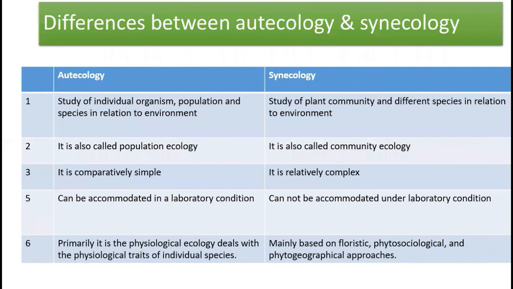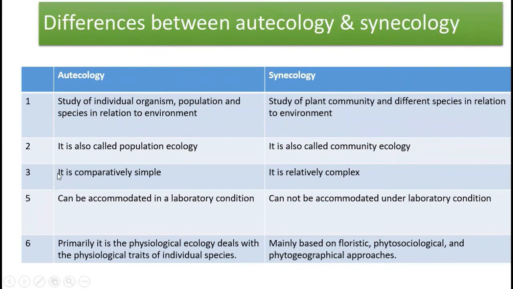আচ্ছা, এখন আসি আমরা autecology আর synecology এর মধ্যে পার্থক্য। Autecology হলো একটা same species এর different plant population এর মধ্যে যে environmental relation থাকে, that interaction with the environment. The plants of a single species, that ecology is autecology. Synecology is the study of plant community and different species in relation to environment. এনভায়রনমেন্টের সাথে যখন বিভিন্ন স্পিসিসের interaction হয়, সেই ইকোলজিকে বলবো আমরা synecology. আমরা autecology কে population ecology বলতে পারি and synecology কে community ecology বলতে পারি।